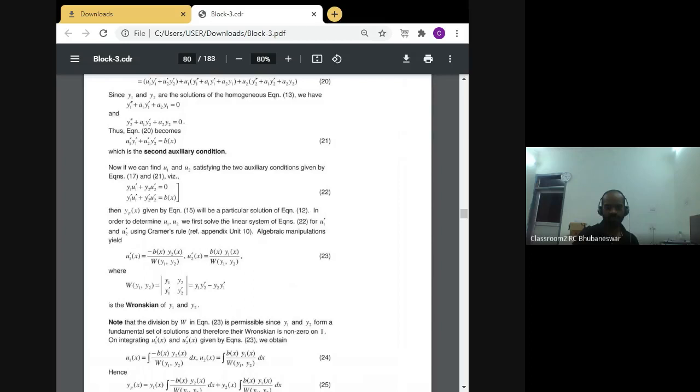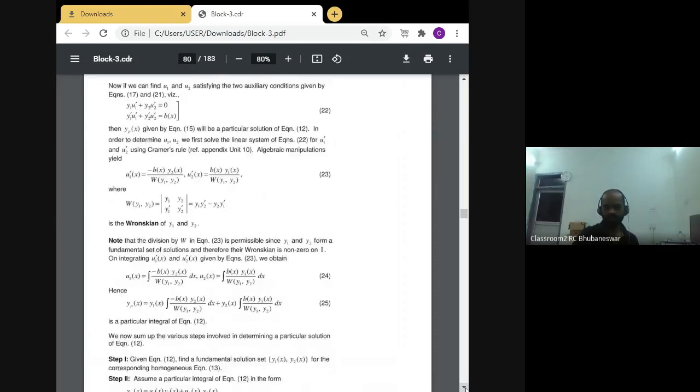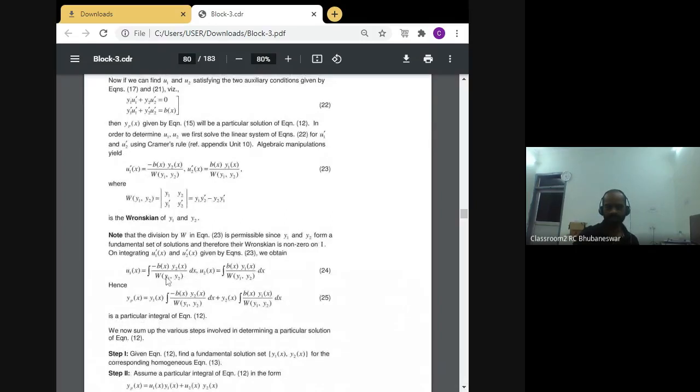That means if we integrate equation number 23 on both sides with respect to x, we will get equation number 24, because our aim is to find the values of u1 and u2, the unknown functions we have taken in place of the constants c1 and c2. After substituting the values of u1 and u2 in yp, which has been taken in the form u1 y1 plus u2 y2,